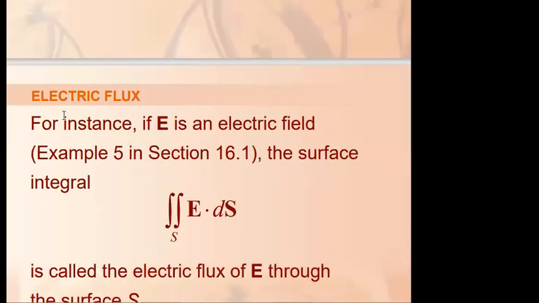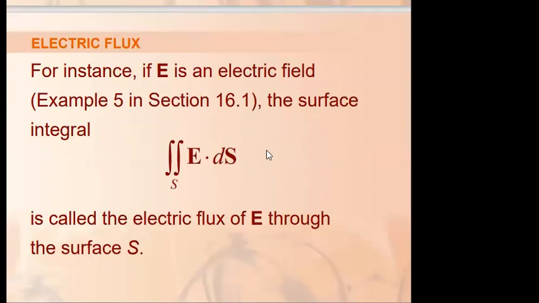So first one, electric flux. So if E is the electric field, I want to find here the flux, electric flux of this vector field throughout this